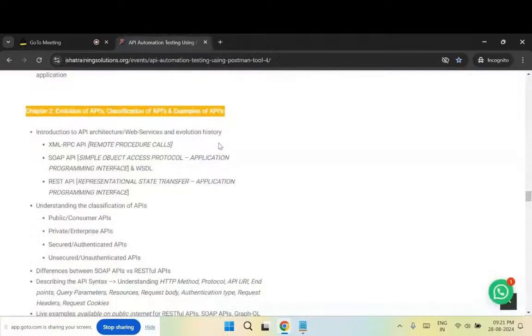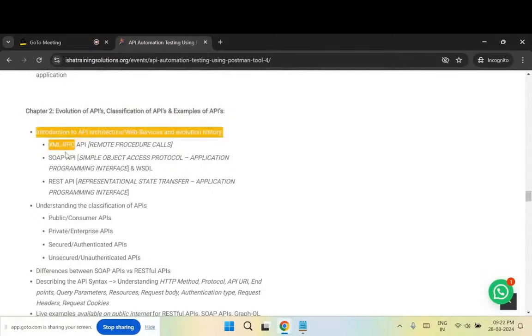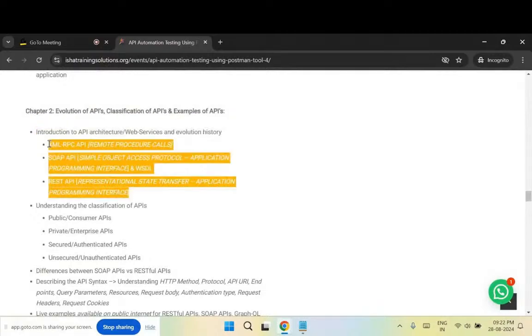Coming back to chapter 2, I will be explaining the different types of APIs that have come over the period of time, such as RPC APIs, which stands for remote procedure calls. Then SOAP APIs came into the picture, REST APIs came into the picture, and now we are talking about GraphQL APIs also. I'm going to take different examples for different types of APIs in the course. I'll take one project for SOAP APIs and explain the automation, one or two projects for REST APIs and solve them for you, and one small project for GraphQL APIs and show it to you in chapter 2.